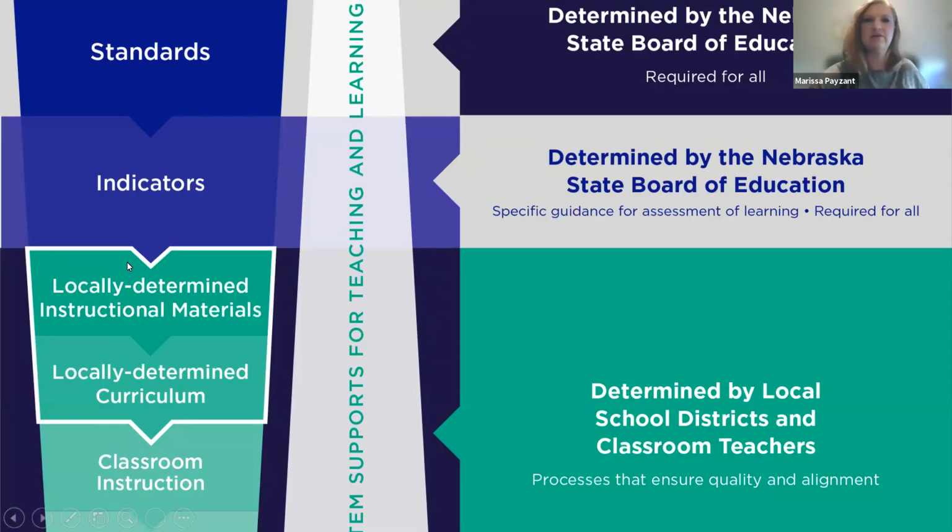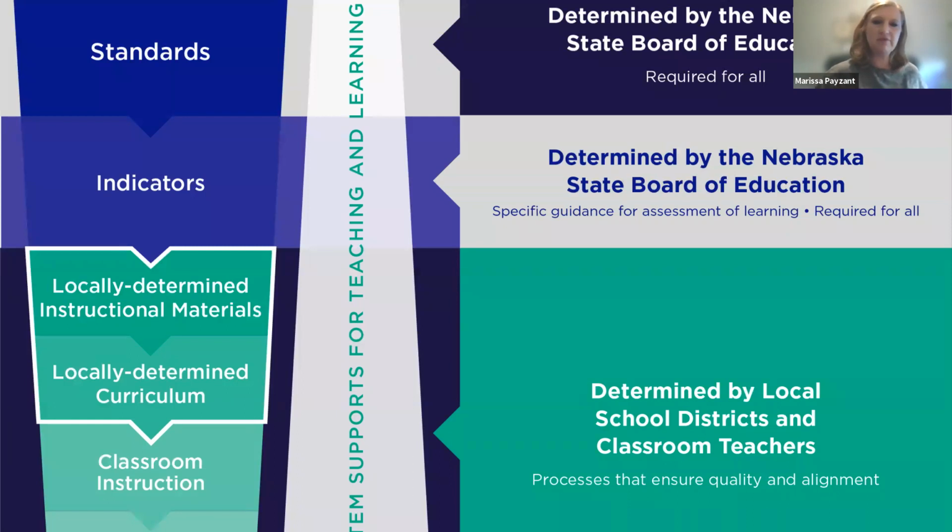Here's a little breakdown that shows the relationship between some of these different elements. You have standards, which are broad, end of grade level statements about what students should know and be able to do. Sometimes they're accompanied by indicators, which are a little bit more detailed and probably more skill-based than the standard. But these are both determined or approved by our State Board of Education. So they approve the policy document for the content area. But keep in mind that Nebraska educators are the ones who write the standards and indicators.